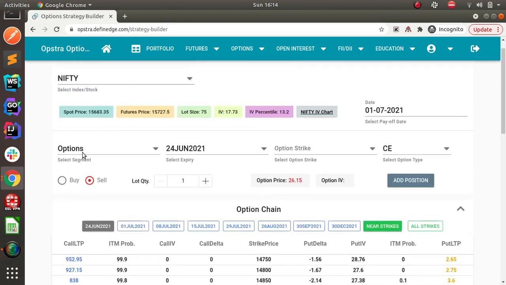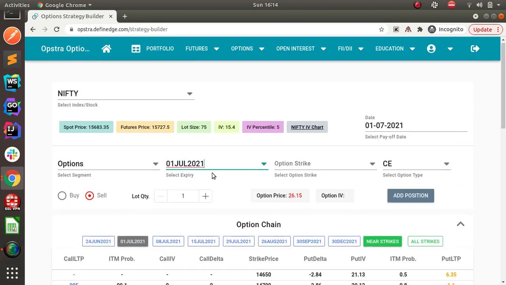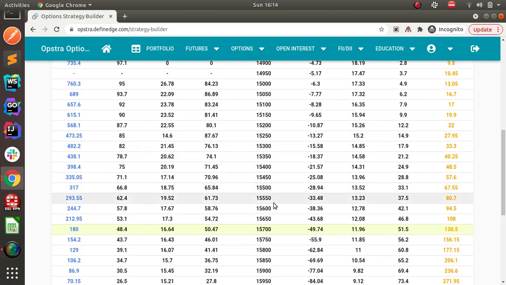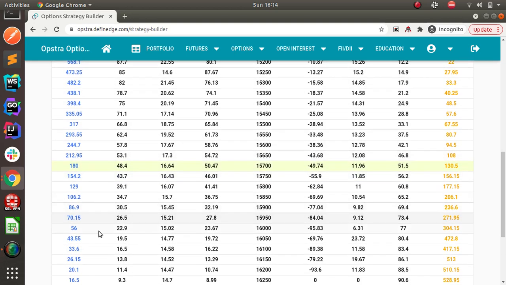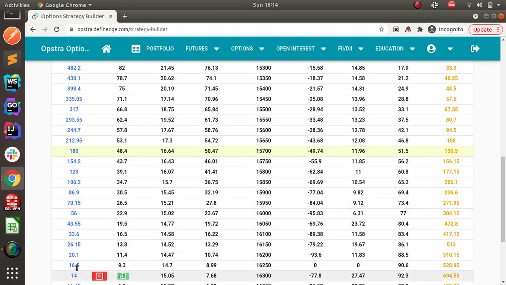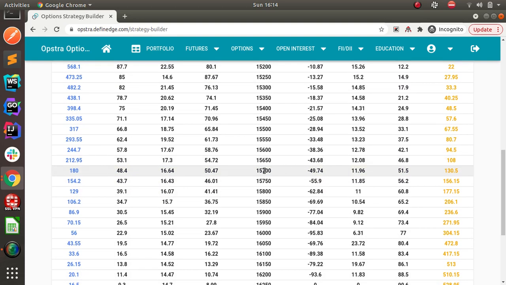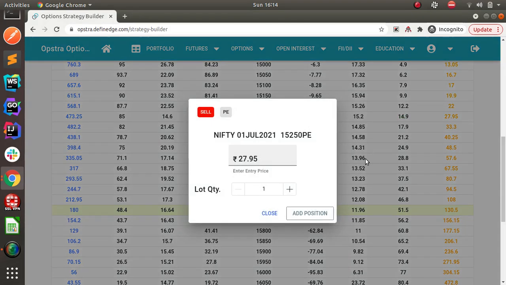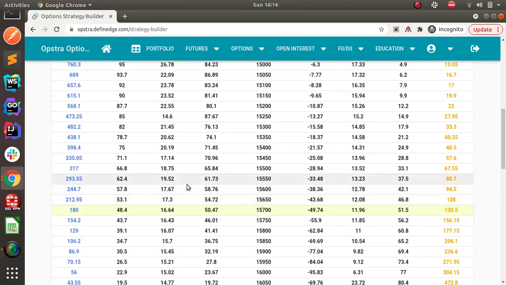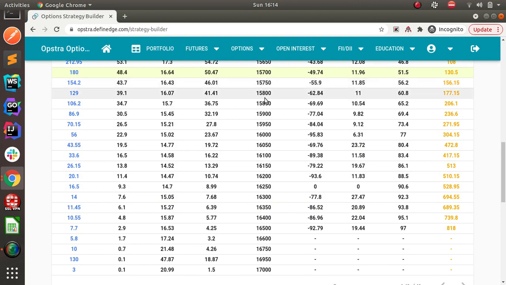Instead what we do, we'll select the next week expiry, and in the next week expiry, from the current spot price we'll move down some n number of contracts and sell the puts. Similarly, we'll move n number of contracts and sell the calls. So for example, from here we'll move down 9 contracts, 1 2 3 4 5 6 7 8, around 250. This one I'm going to sell one lot, add to the position. Similarly, from here 1 2 3 4 5 6 7 8 9, around this one we'll sell,